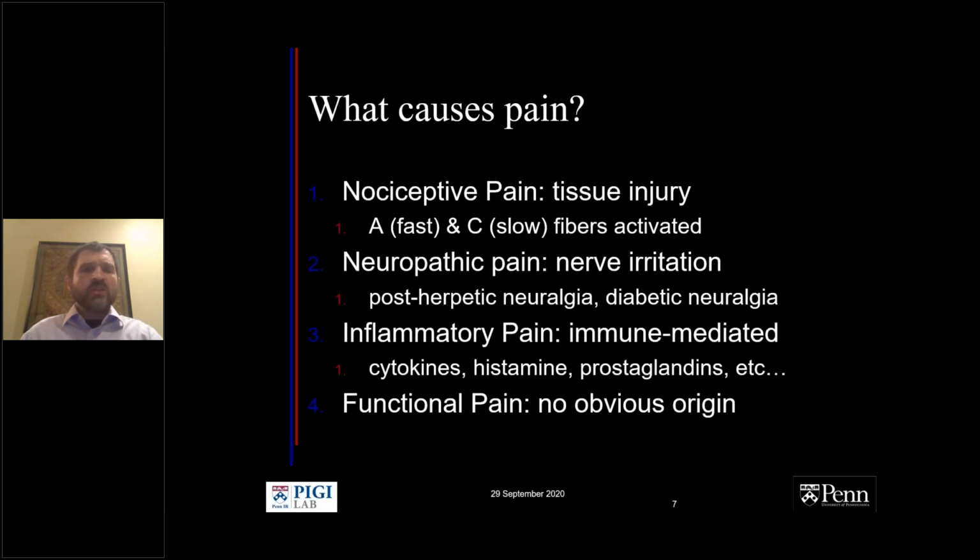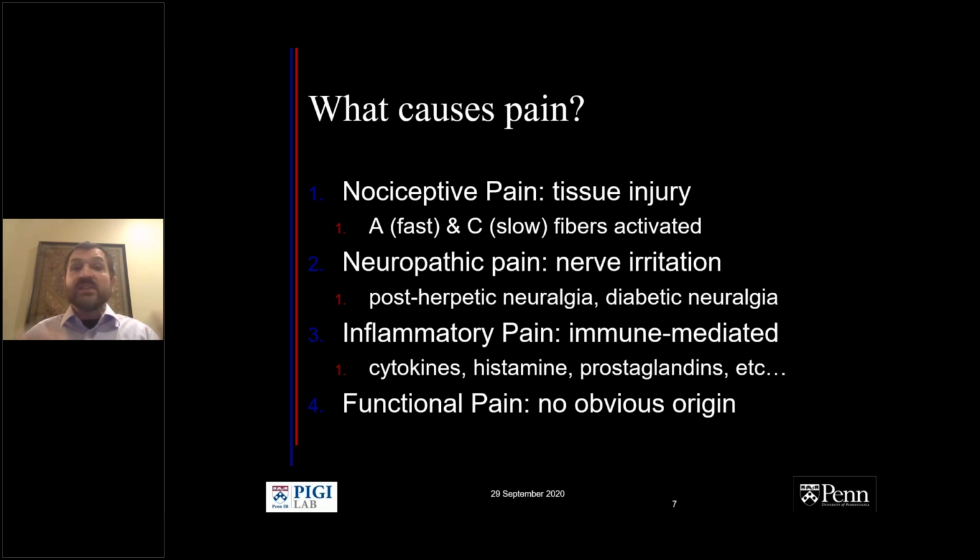So what causes pain? There's really, broadly speaking, 4 different types of pain. There's nociceptive pain. This is the pain that you think about when you think about pain, and that's activation of basically some injury to a tissue, whether it be tumor invasion, whether it be trauma, car accident, whether it be something that we do iatrogenically causing a tissue pain, like infarcting fibroids in the setting of a uterine fibroid embolization. Whatever it is, that's basically normal nerve endings being activated by some pathologic process in the tissue itself. Okay, and these are A fibers, the fast fibers, as you remember back to your neuroanatomy class,